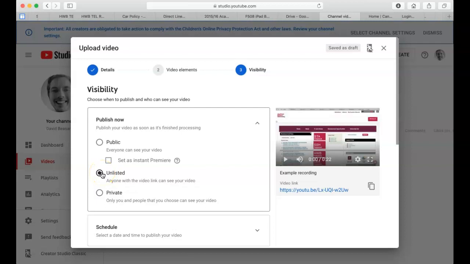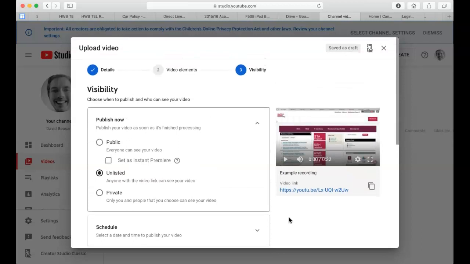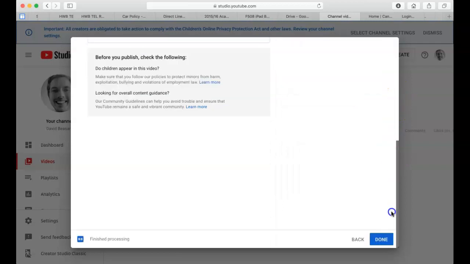But obviously, if you mark it as private, then there's not really much of a point in uploading it to YouTube in the first place, because, like I say, no one will be able to view your video. So that's the visibility and the details. Then if you scroll all the way down to the bottom, you should have a done button. So you click done,